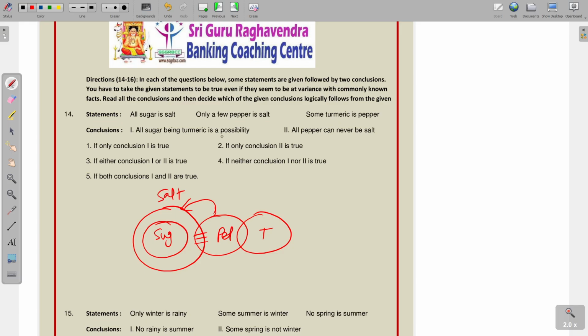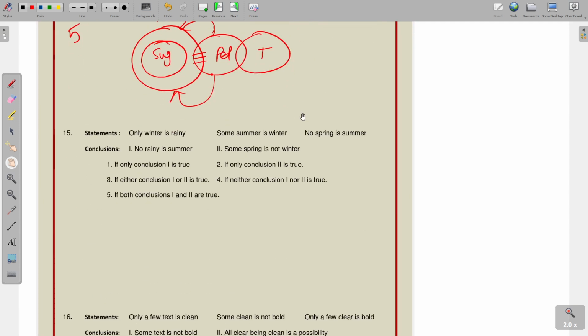So, the possibility all sugar being turmeric definitely follows. Next, all pepper can never be salt. So all pepper here can never be salt. Definitely follows. Why? Because only a few pepper is salt. Only a few part of the pepper is salt. So all pepper can definitely not follow. So all pepper can never be salt definitely follows. What is the answer? 5. Both 1 and 2 follow. Next,